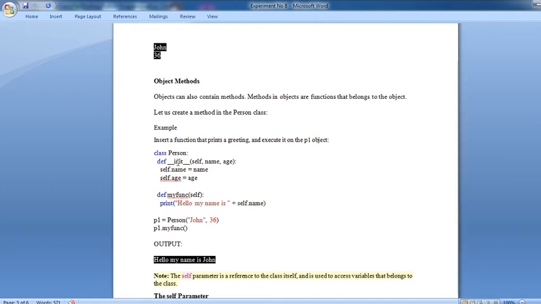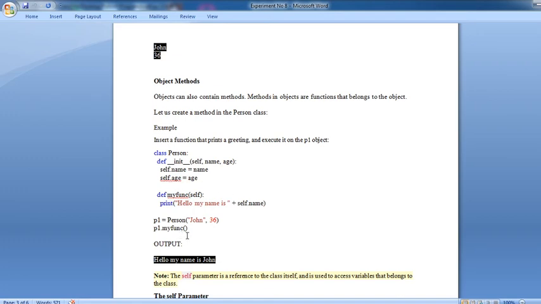See that program, class name Person, initialize self, comma name, age of that particular function, self.name, self.age we are defining here.